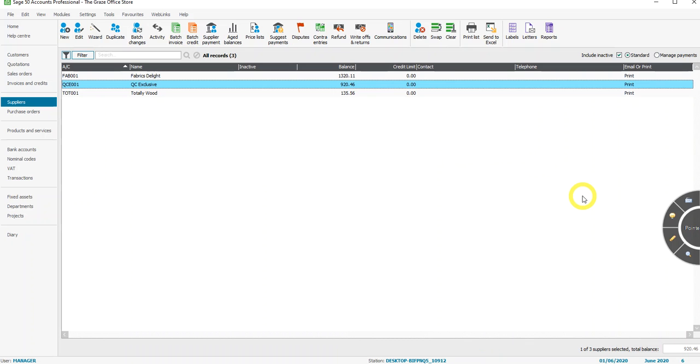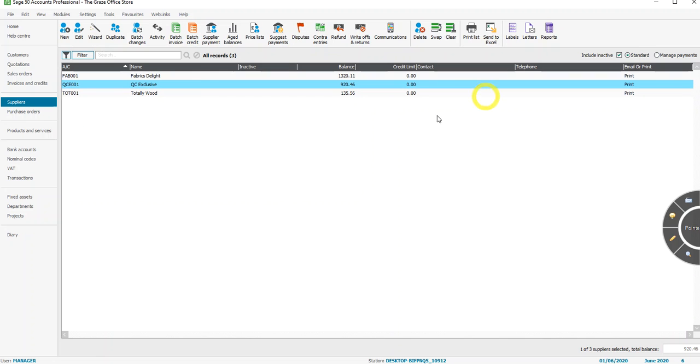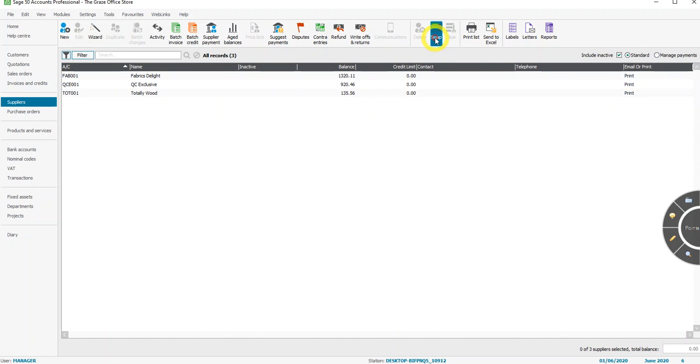Okay, I have got all of the opening balances in for both my customers and suppliers now, and a good way to test whether you've done it right or not is to go to the next task and have a look at the balances on the sales ledger and purchase ledger control accounts. So you can see the sales ledger control account here should have this amount, purchase ledger should have this amount. There's a couple of ways I can check that. I could either clear and swap and look at my balance here,